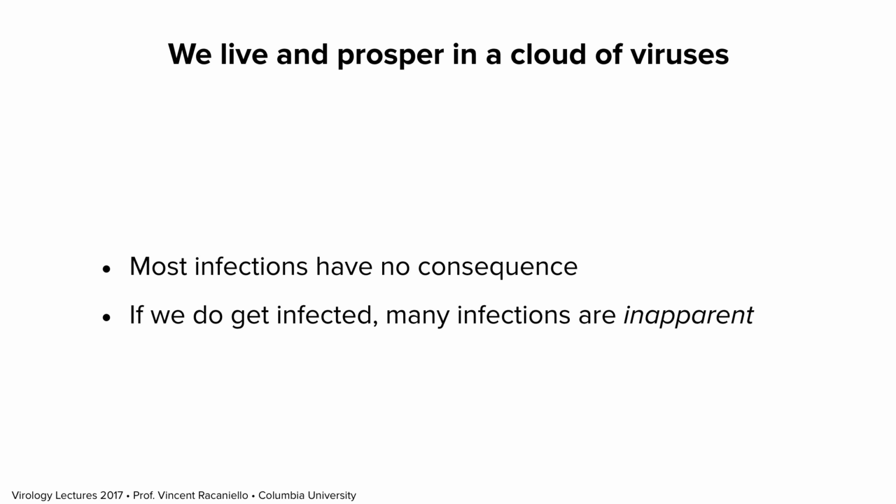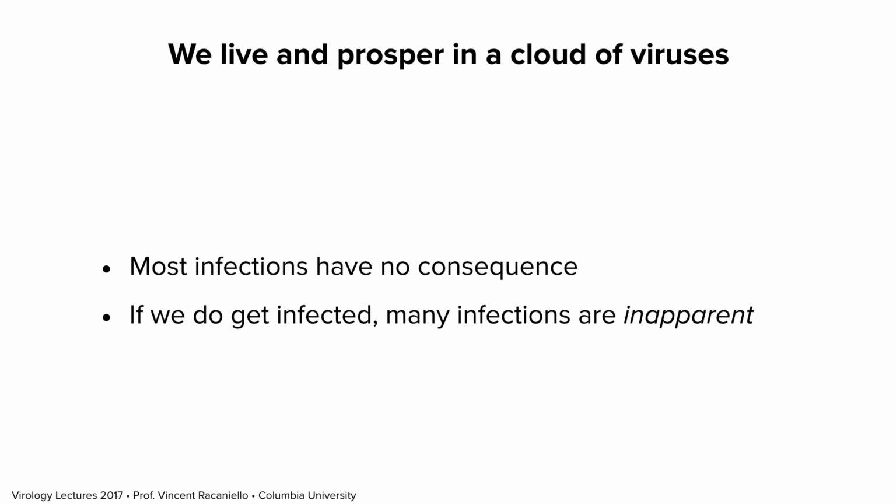You know the difference between a sign and a symptom, by the way? No? Well, one of them is what you can tell the doctor. I feel achy or I feel sick. That's a symptom. And a sign is what the doctor measures. And mice do not have symptoms when they're infected. They can't talk. They only have signs of infection. So a symptom is something that can be verbally transmitted to a caregiver.